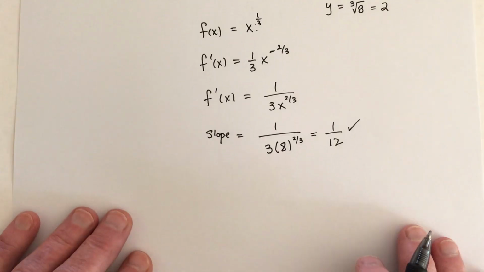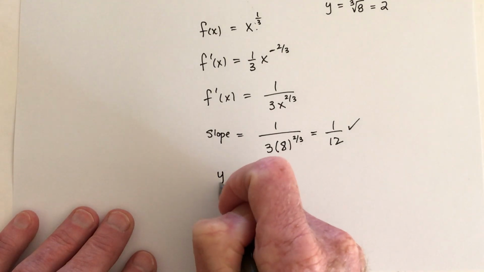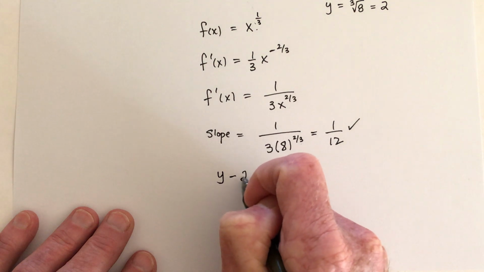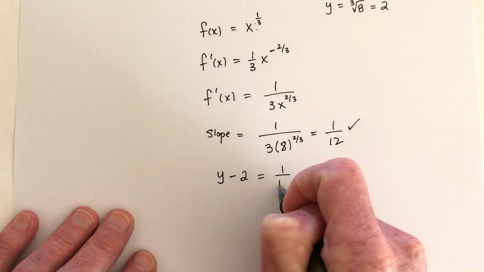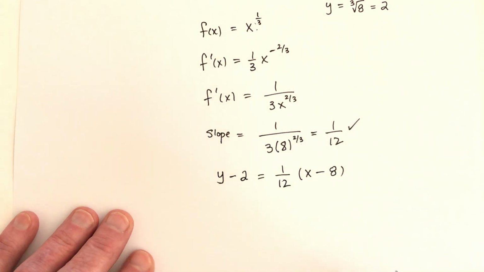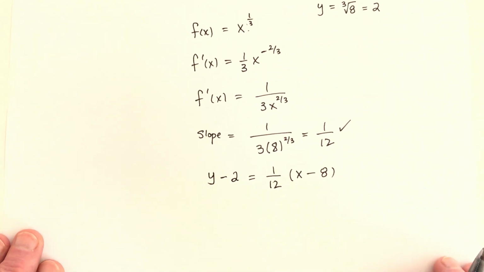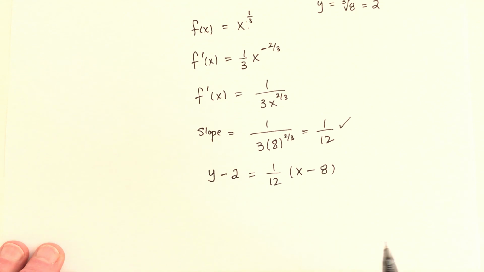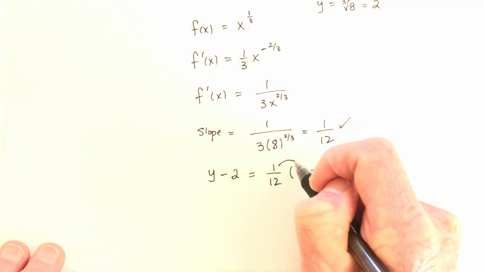So now use the point-slope formula to find the equation of the line. So y minus the y value of 2 equals 1/12, and then x minus the x value of 8. And now I just need to simplify this. So if you distribute,